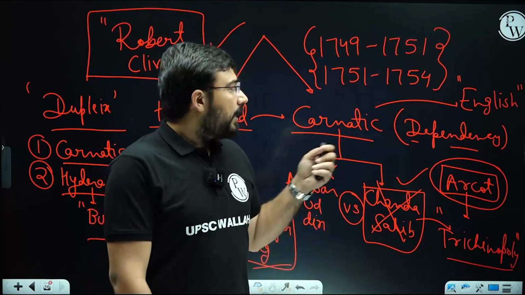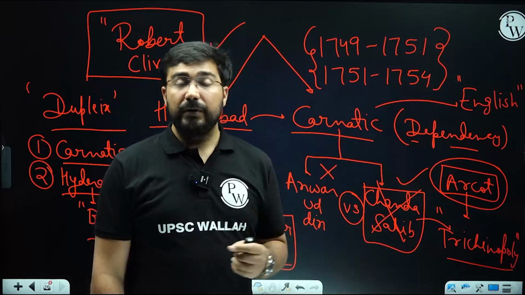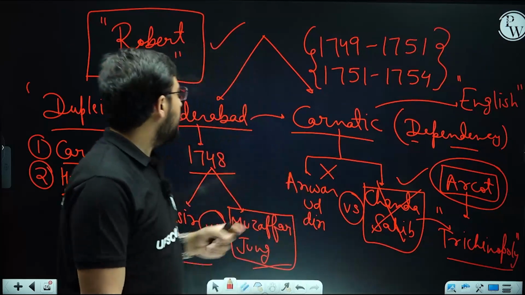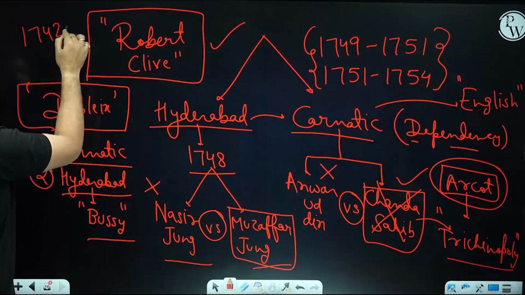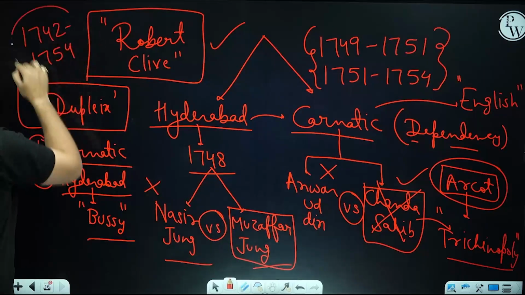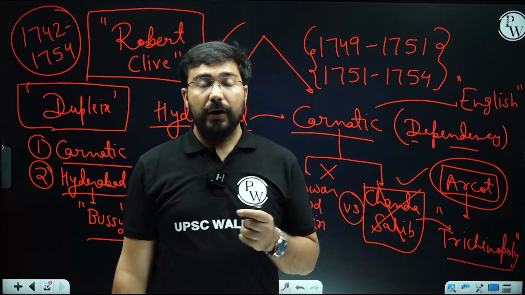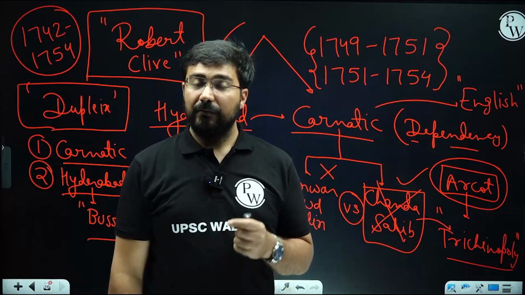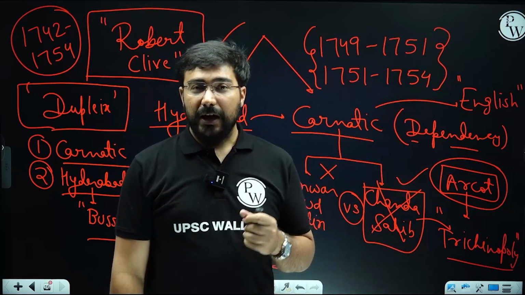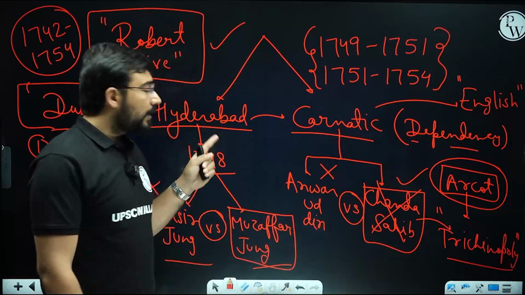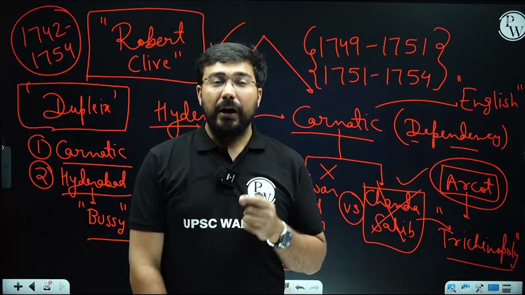The French signed a peace treaty in 1754. This peace treaty was going to have a very big impact on the French. Why? They recalled their governor Dupleix. Dupleix had served from 1742 to 1754. Around 13-14 years he was in India, and he was the person who could have created an empire for the French, but the French recalled him because the expenditure of the war was very high, and since it was a company which was controlled by the state, it was not that much focused towards commerce. So they were not having their own money.